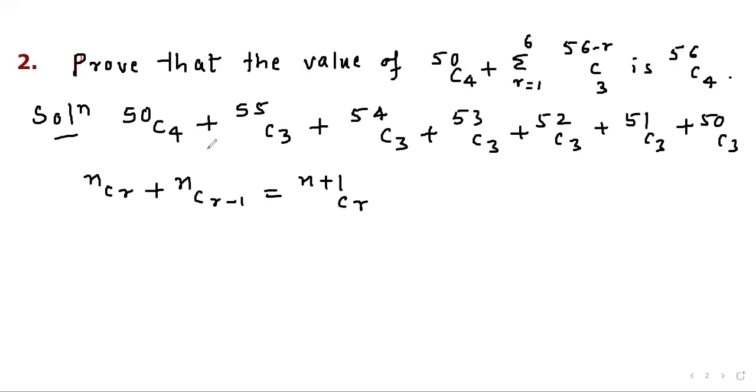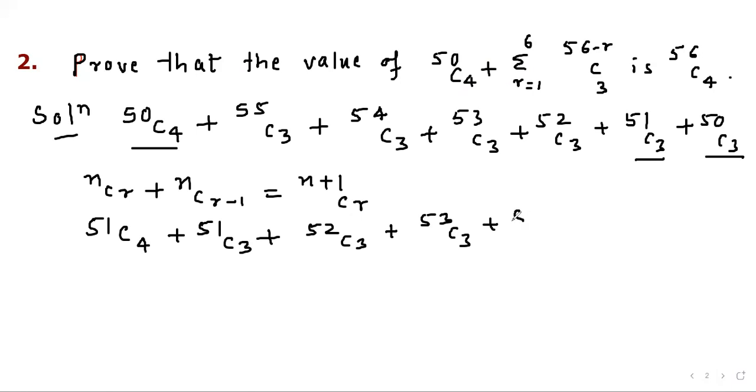So we can start from here, 50C4 and 50C3. So these two will give 51C4. Now 51C4, and then other things we can write. So we can write like this, 51C3, then the rest, 52C3 plus